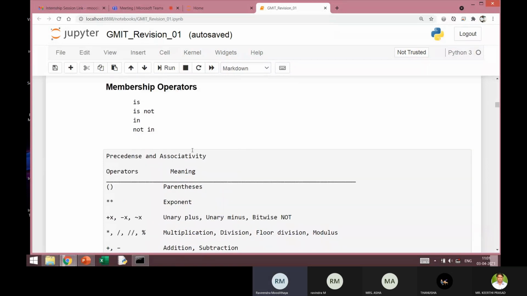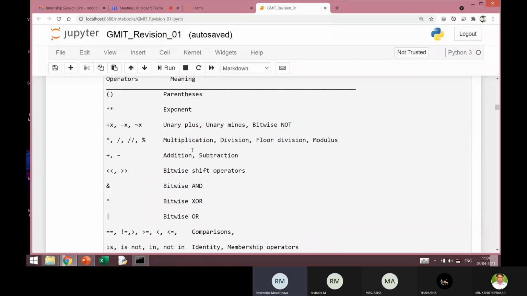And when you have so many operators, there needs to be some precedence in which they are executed. I have just listed them in the order of execution. First is parentheses, contents inside the parentheses will be executed first. Then higher precedence is for exponentiation, and unary plus and unary minus also have higher precedence.